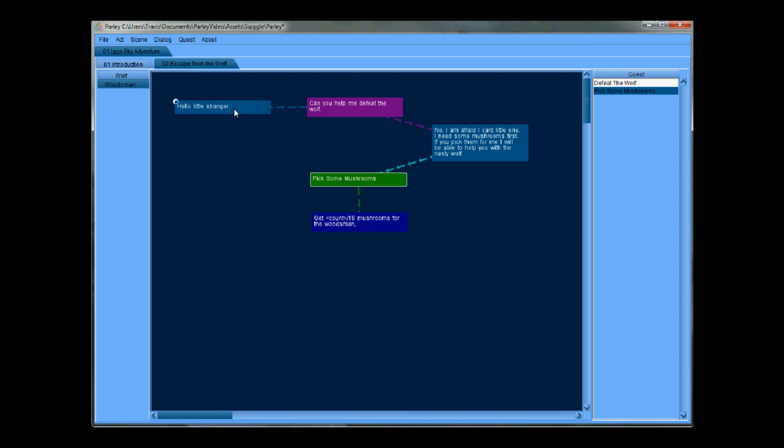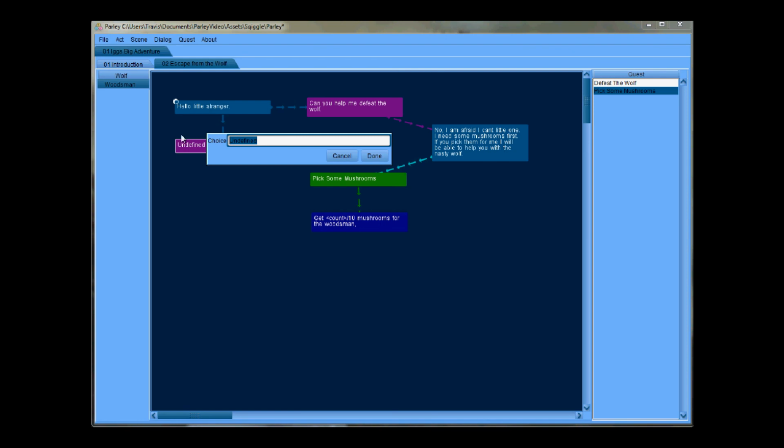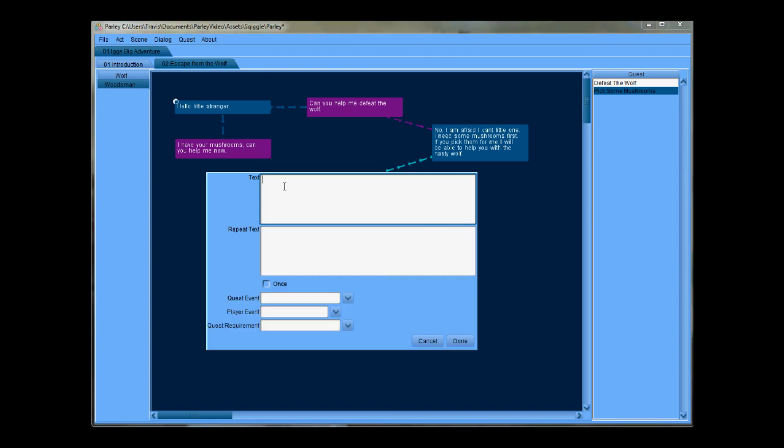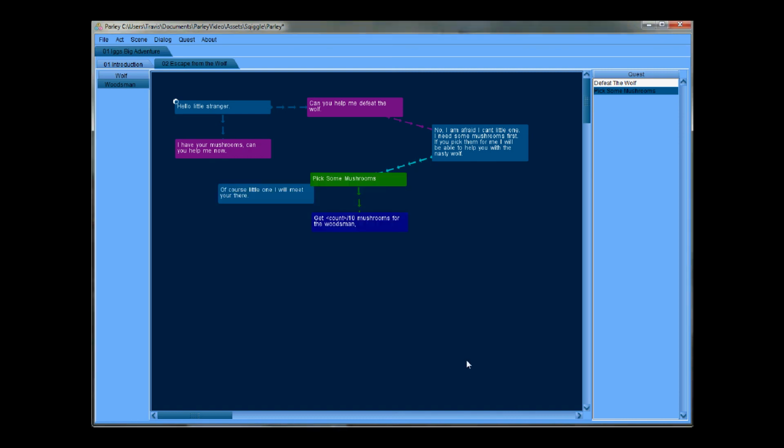So now we'll need a new choice from the woodsman, and that will be I have your mushrooms. Can you help me now? This will lead to, of course, little one, I will meet you there. So now we're assuming that we will code the woodsman to help out, but we need